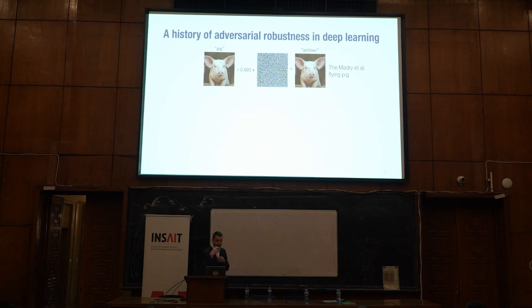However, if you change this image by adding a small multiple of this very specifically chosen noise pattern, you get the classifier to call this, you get this image on the right here, so it looks the same to all of us. But the classifier now very confidently calls this an airplane. The joke here is that, with machine learning, you can make pigs fly. I don't know if this translates, but it's a very bad joke. It's not mine, it's Alex Madry's, so blame him.